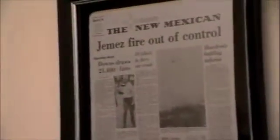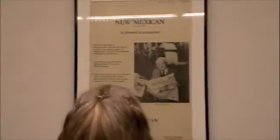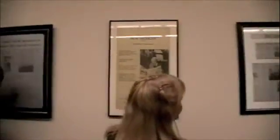These framed pages on this wall will tell you a little bit. The first page was published on the day this building opened in 1942. Gives you an idea what it looked like then, how it's been faithfully restored. In the middle of that wall is a house ad that announced that Robert McKinney had repurchased the New Mexican in 1989. And then there are some stories and photos